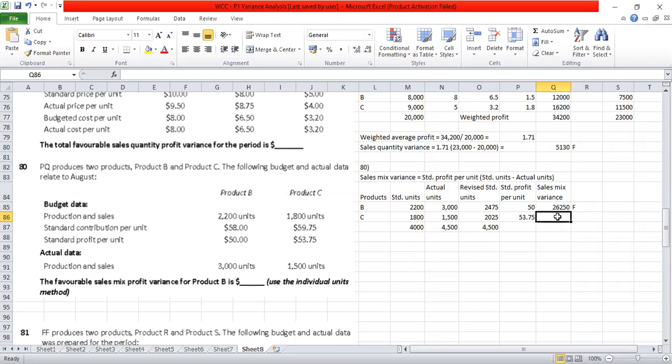Here the revised is more, so this would be an adverse variance. Overall, one is adverse, one is favorable, so find the difference. It is 1968.75. The adverse is more than the favorable by 1968.75. So the sales mix variance is equal to